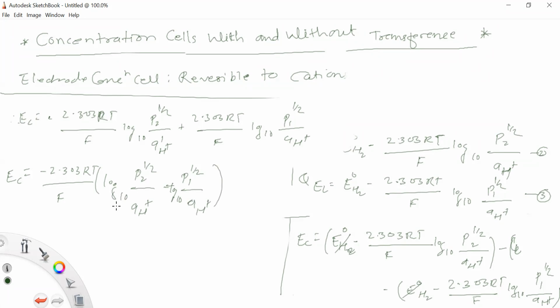आता हेच log of A minus log of B सारखं आहे त्यामुळं हे आणि हे कॅन्सल होतोय बरोबर. पण जर त्याला असं लिहिलं तर हे वर जाते आणि हे खाली येते, त्यामुळे this EC is equals to minus 2.303 RT upon F into log to the base 10, हे लिहिलं तर काय होईल इथे, that is the activity of P2, activity P1. मायनस साइन काढलंय म्हणून हे काय जाणार हे वर जाणार राईट खाली राईट. सो दे फाइंड द इक्वेशन्स.